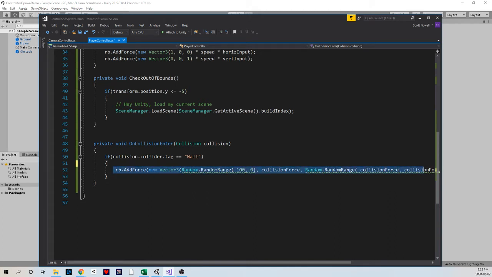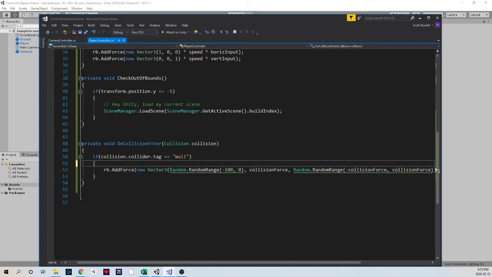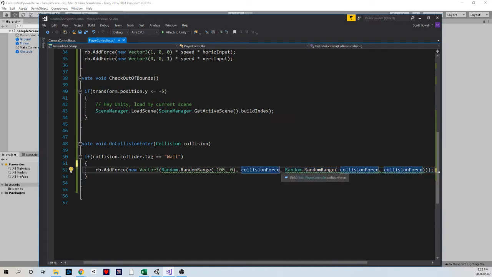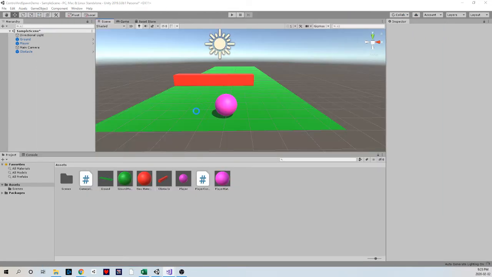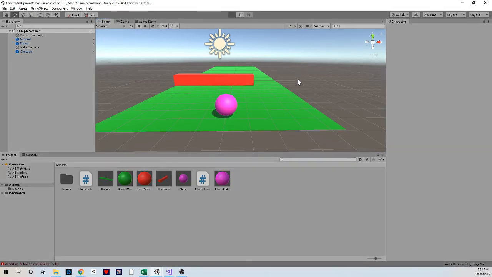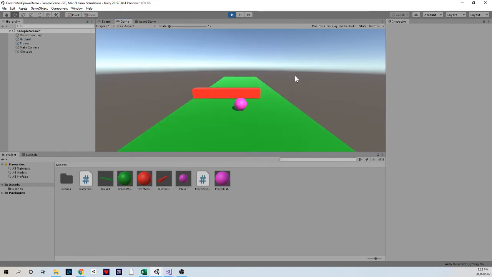So what I've gone and done is reverted back to this bounce off, where we have our X and our Z position bouncing with the Y being thrown into the air. So we have some randomized X and Z bounces with our Y always the same, so that I have some kind of randomization to how I'm thrown back. And what I'm going to do this time is actually consider the ground itself, because what I found when I play tested last time is that when I bounce into the air, it's way too easy to